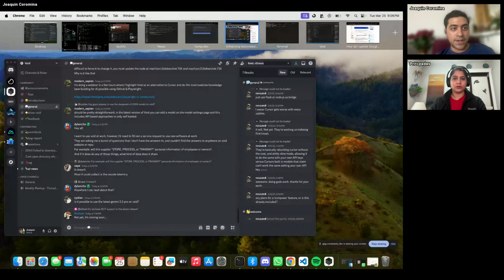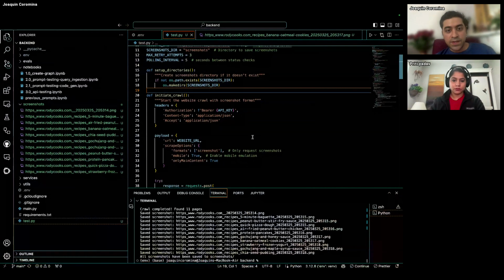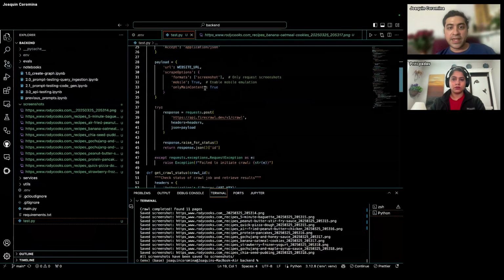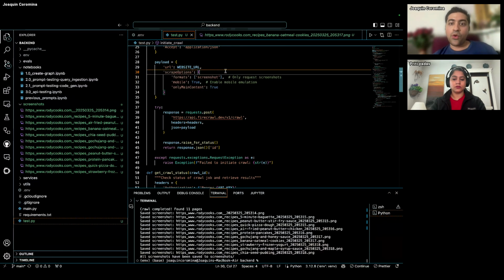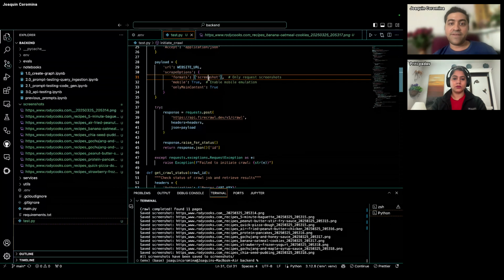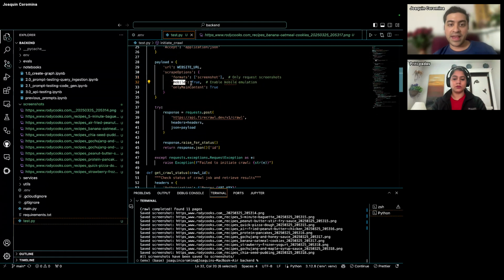The second is that it no longer hallucinated what the parameters were. Actually, I could share this to show what I'm referring to. So when it started initiating the crawl, it no longer hallucinated on these, which are the core parameters necessary in order to get FireCrawl to take a mobile screenshot.